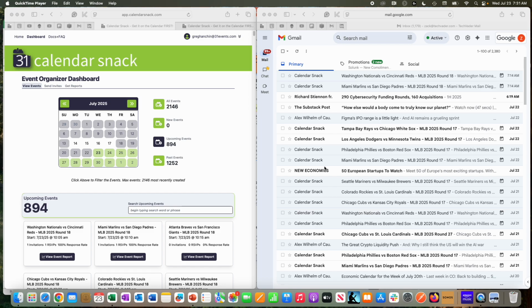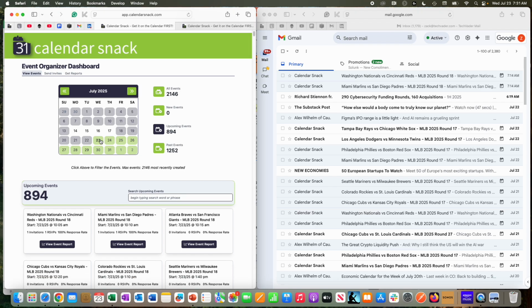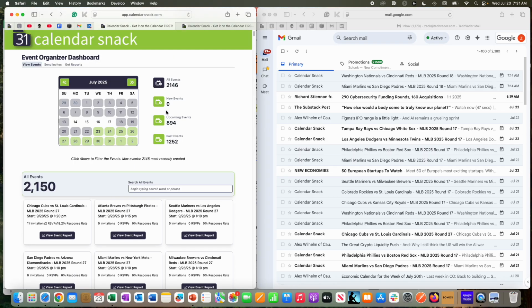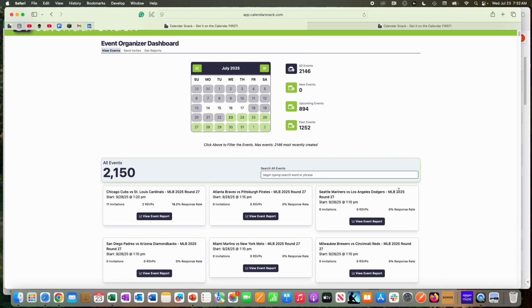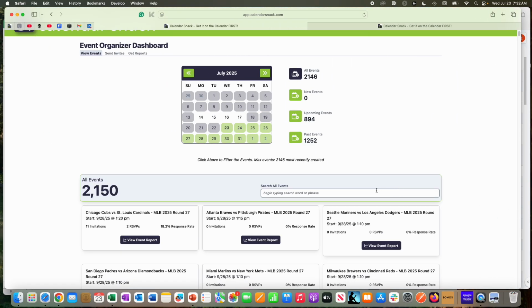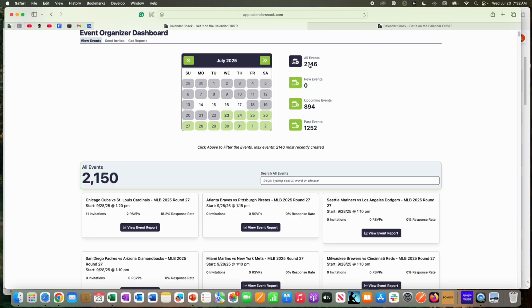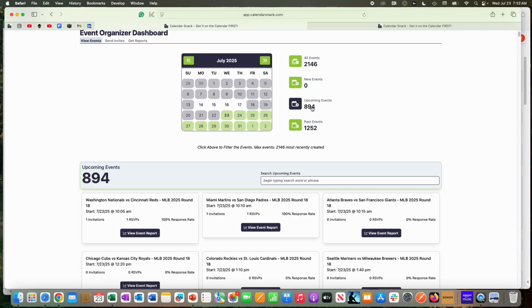Today is Wednesday, the 23rd, 2025, and you're looking at MLB game data here. As I click around, you can see that the data is changing in this primary window. Let me make the screen a bit bigger. You'll see these data sets moving around based on these clicks, and these clicks are